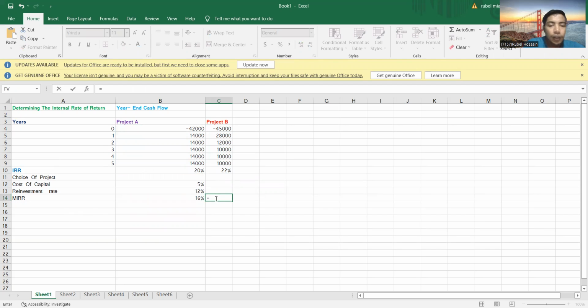Then similarly, for project B, what will we calculate? So again click the equal sign and write down MIRR, first bracket, select all the values, that is the IRR, then close the second bracket, then click on enter. Then we can see both are the same,